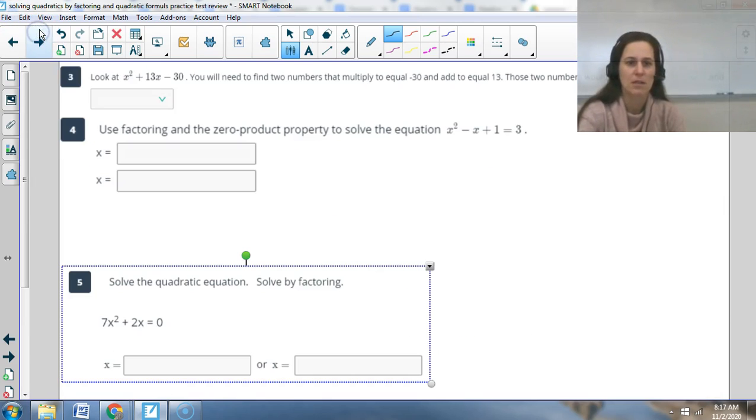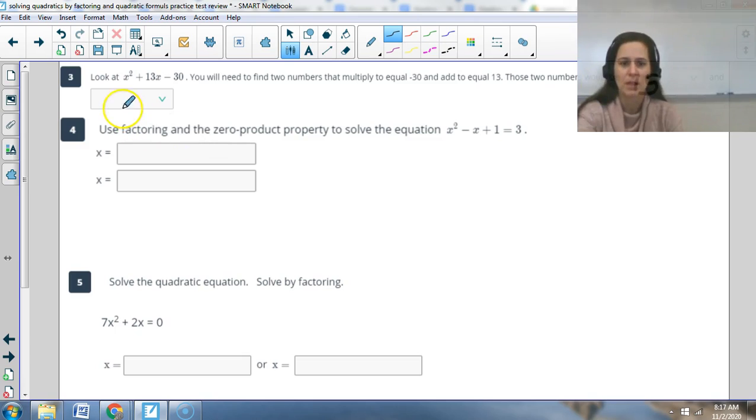So number 3, we have to figure out two numbers that multiply to equal negative 30 and add up to 13. So we know 15 and 2 multiply to positive 30, but one of those has to be negative. So if I start with a positive 15 and a negative 2, those would add up to 13. Number 4,